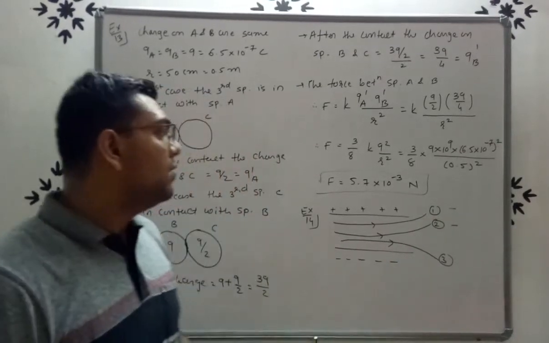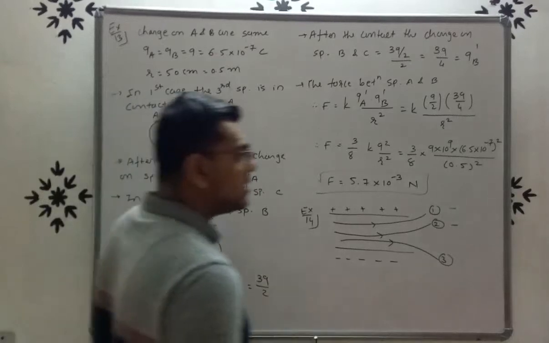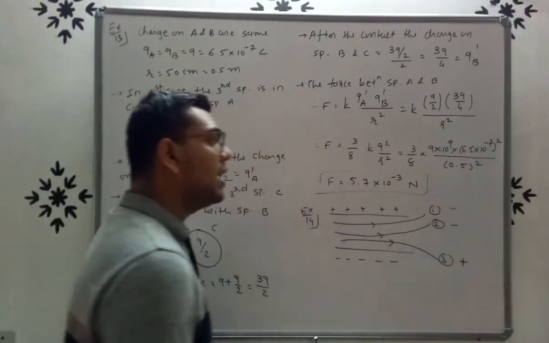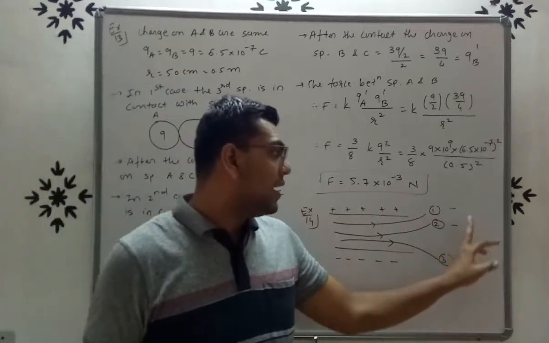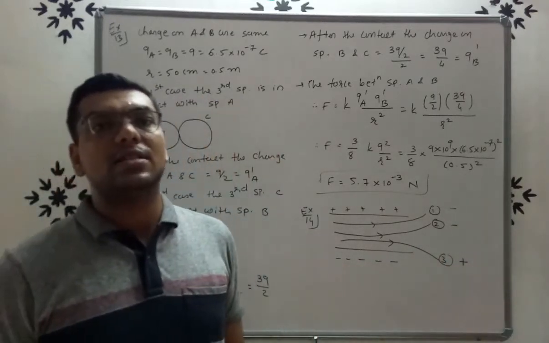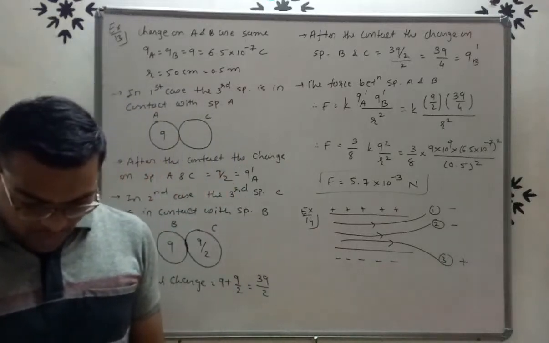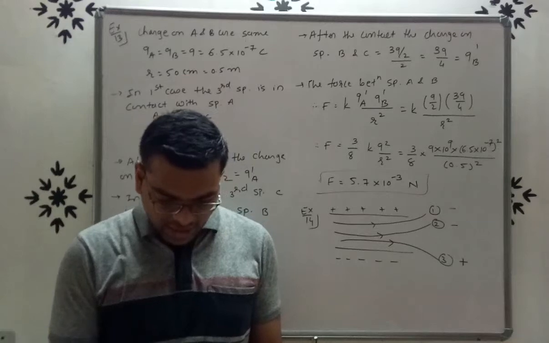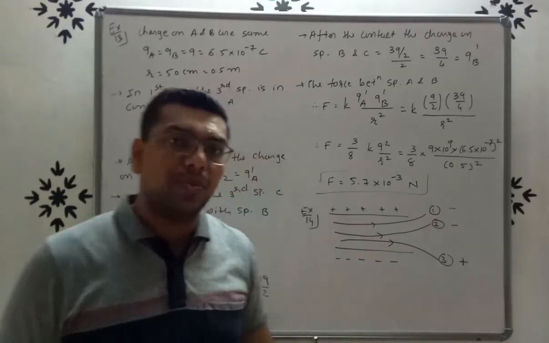Now the third, which is repelled. So positive repels the positive. So the third one is positive. Right, so the answer is 1 and 2 are negative charges and the third one is positive charge. Now we also have to find out which particle has the highest charge to mass ratio.